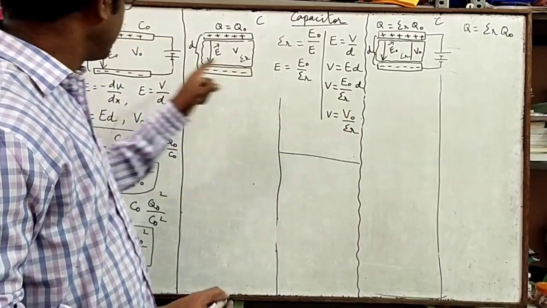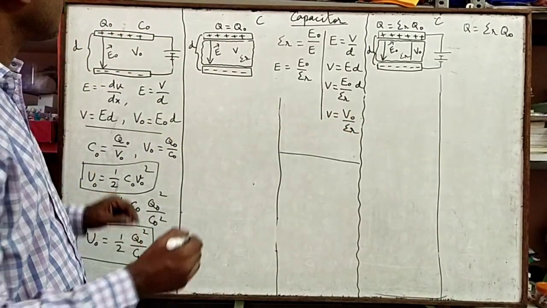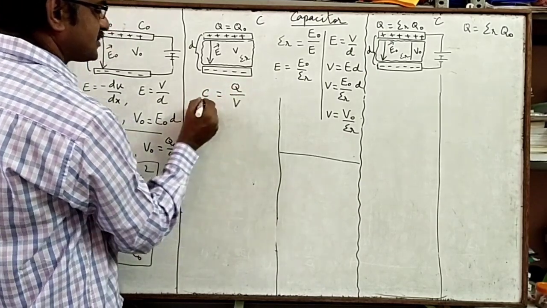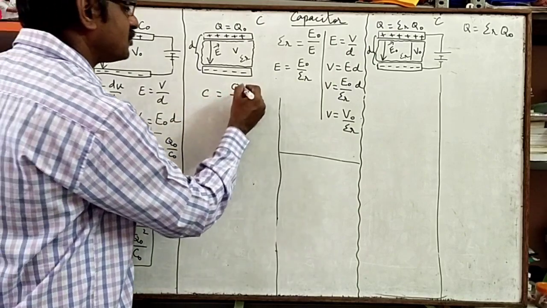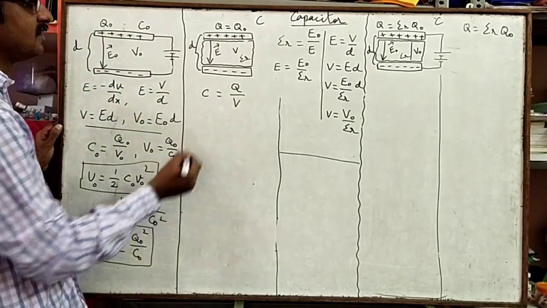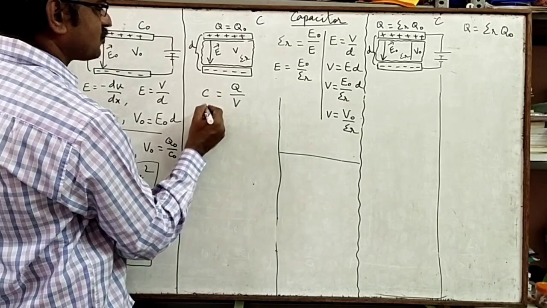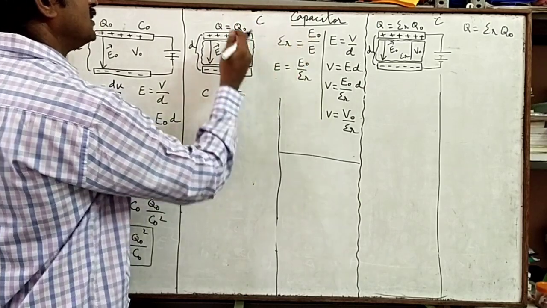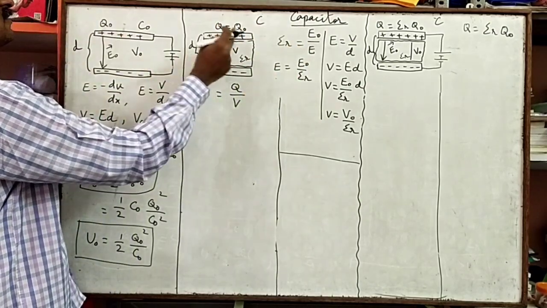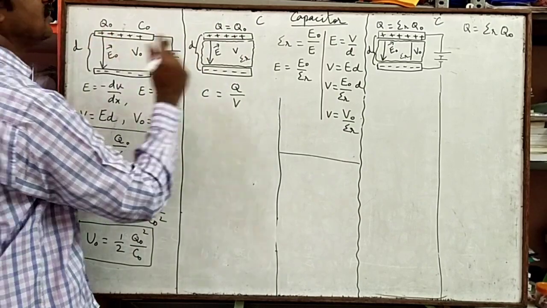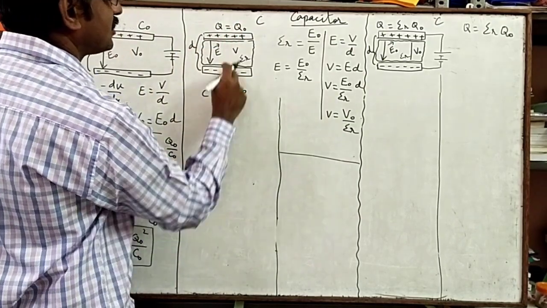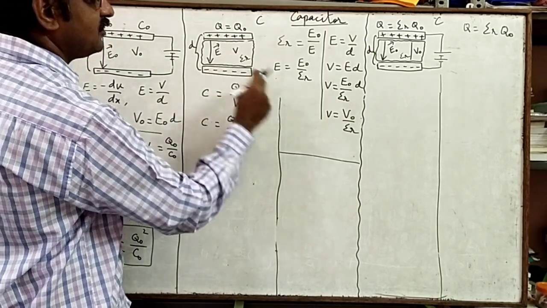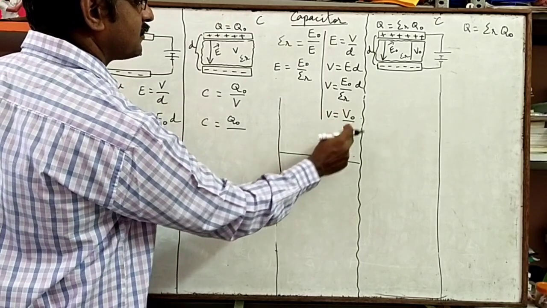Okay, V naught is the potential in this case where battery was there, and we know that C is equal to Q by V. Capacitance of a capacitor is the ratio between charge given to the plates and potential developed between the plates. C is equal to Q by V, and in this case we can take that the total charge Q as Q naught, because as the battery is removed, number of charges will not increase or decrease. It will be the same as previous case. So instead of Q we can take Q naught, but V differs. Then C is equal to Q naught divided by V. V value we can substitute from this, that is V naught divided by epsilon R.